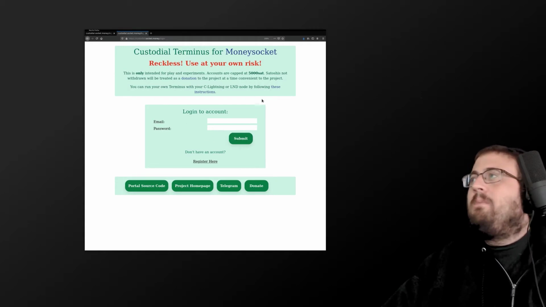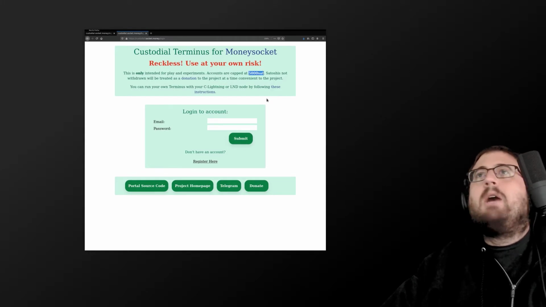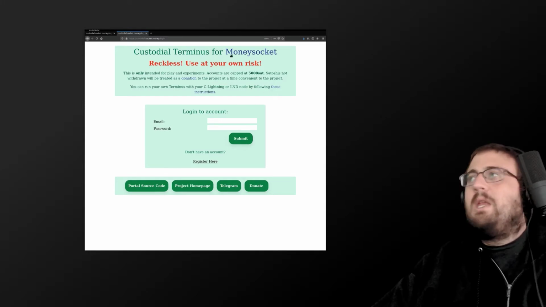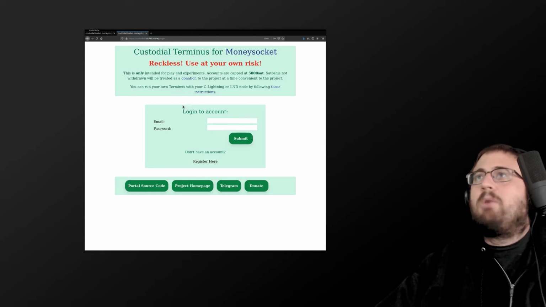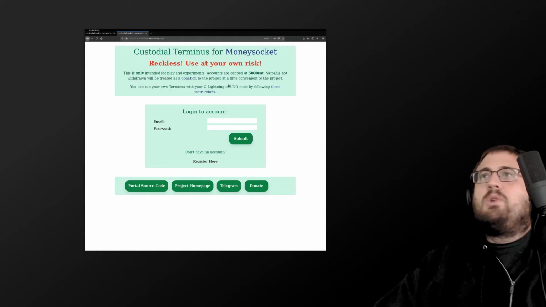However, this is custodial, and this isn't meant to be a bank account. So we have capped it at 5,000 sats. So any sats you deposit here, you're at risk to lose. We could have a bug or whatever else, so please treat any sats you leave here as a donation to the project. However, just to demo Moneysocket, you only need to put on a few sats, so it's not really a big